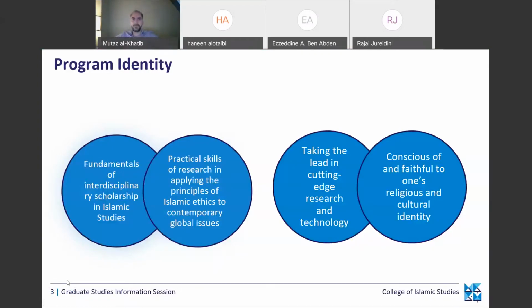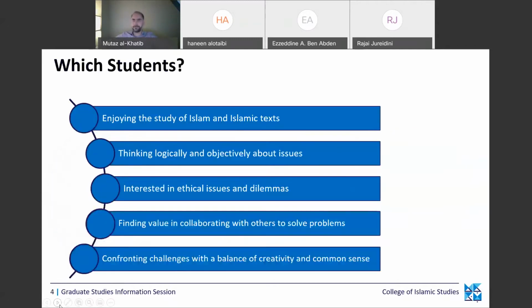As for the identity of the program, the Master of Arts in Applied Islamic Ethics is the first program of its kind worldwide. It addresses how Islam, as a world religion with a rich moral heritage, engages with and contributes to the global moral discourse. Its strong interdisciplinary character combines in-depth knowledge of both theoretical and applied ethics rooted in the Islamic tradition. As for the students of this program,